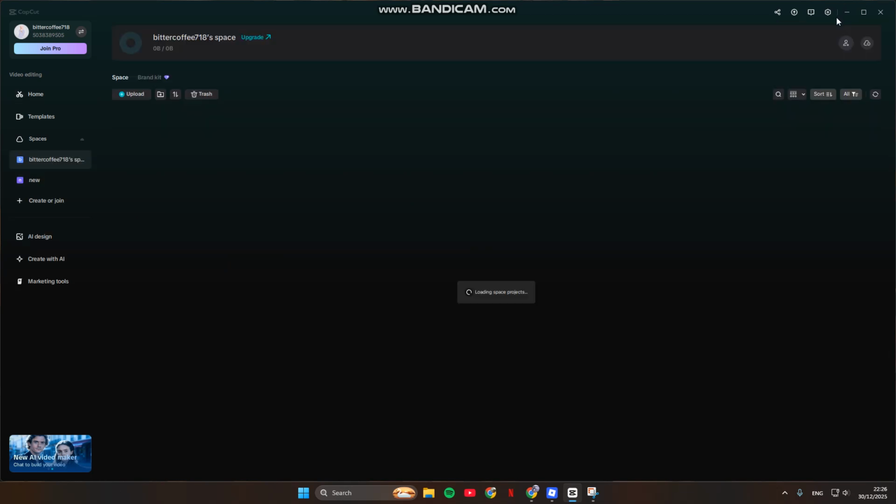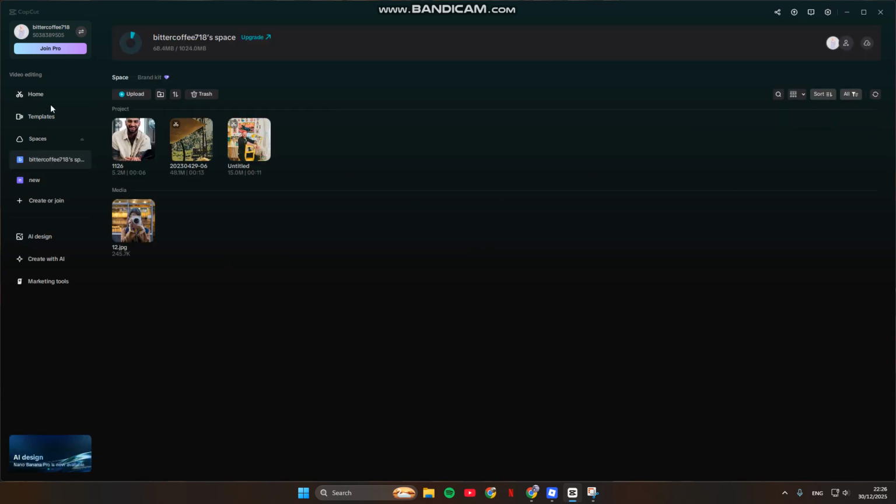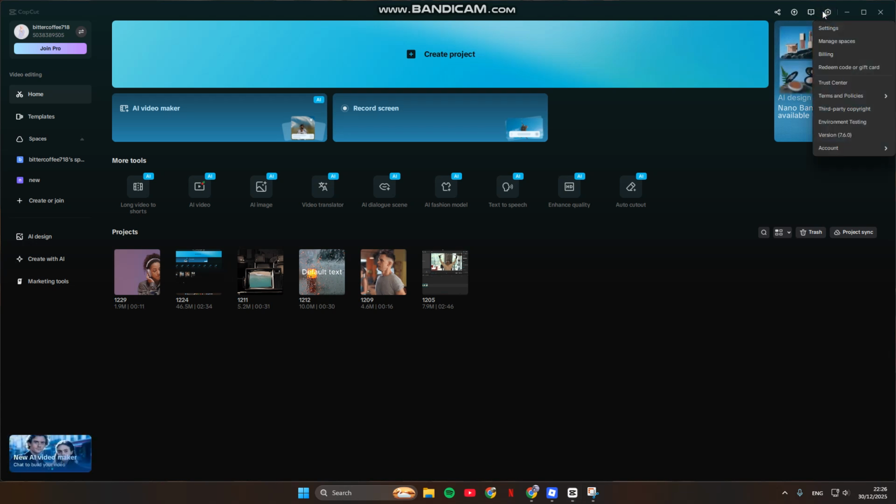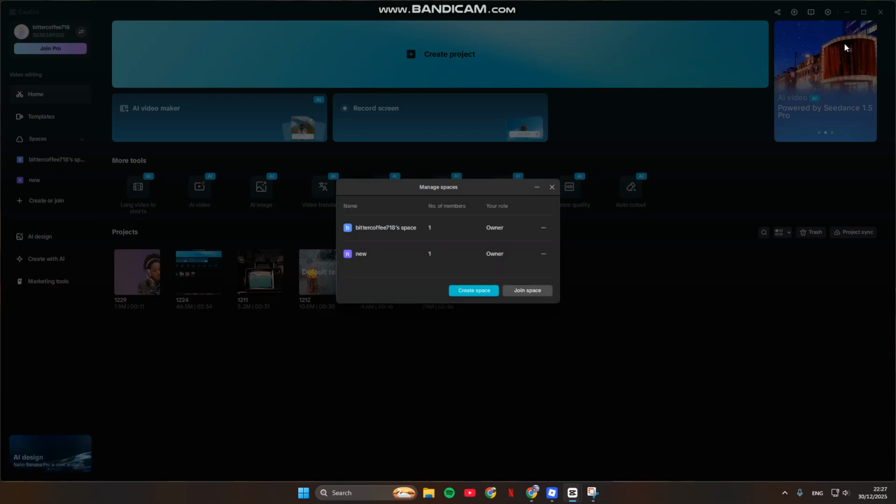So what you need to do here on the CapCut PC homepage, you can just go to the settings, click on the gear icon at the top and choose this manage spaces option, and you'll see your CapCut space. So if you want to delete them, you can just click on this three dots icon on the space that you want to delete, and that will be this option, delete space. Click on that,